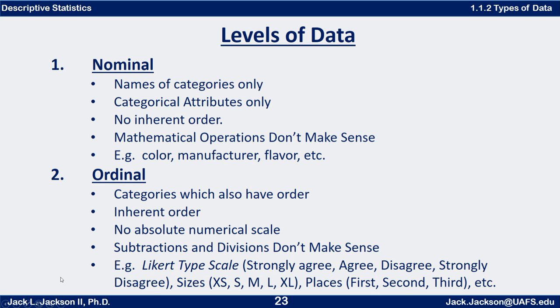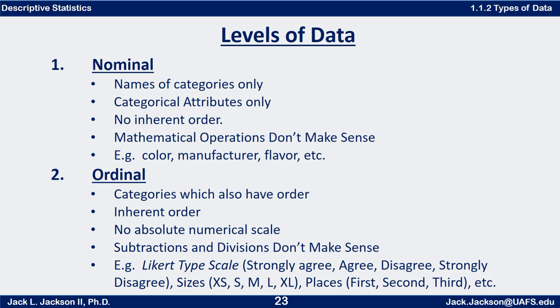Ordinal data, on the other hand, has a little bit more. It still has categories, so it's like nominal data in that sense, but then it also has more. Those categories have an inherent order. Now, there's not necessarily any absolute numerical scale, so subtractions and divisions don't really make sense, but we do have